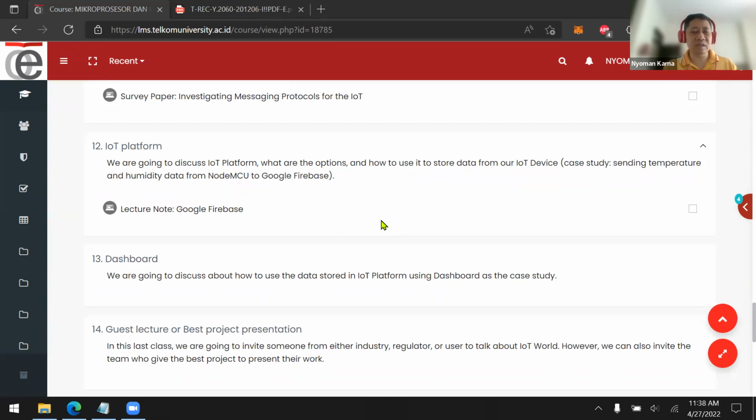So instead of doing a best practice presentation, we're going to invite an expert from outside our campus to share their story or knowledge about how IoT works outside this campus. Okay, in the hope that it will give us a broader point of view about how IoT work will be expanding or decreasing.